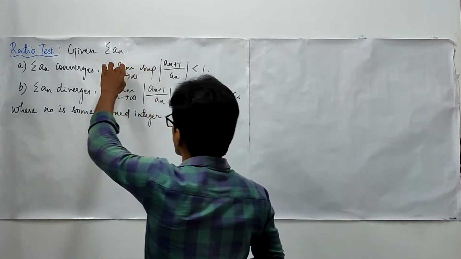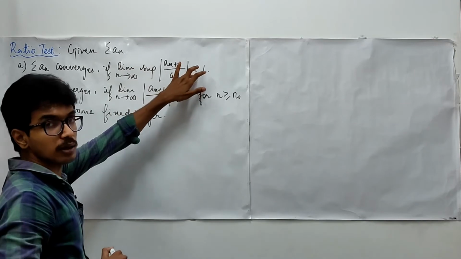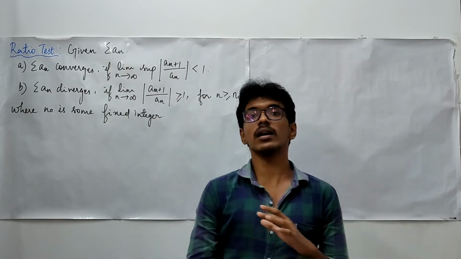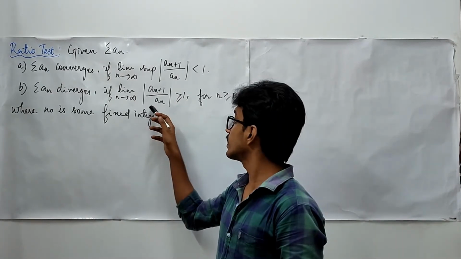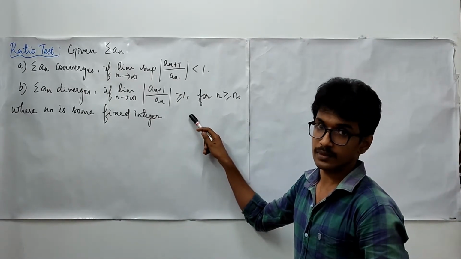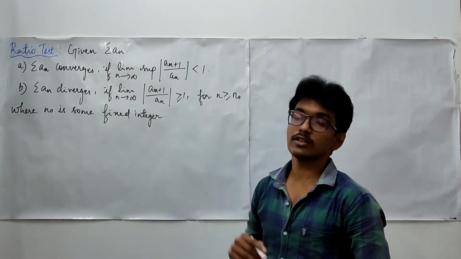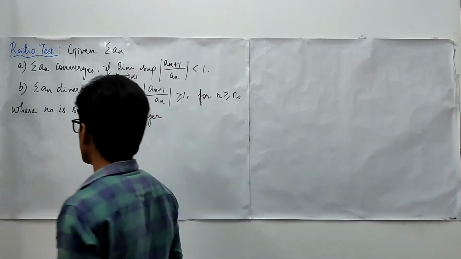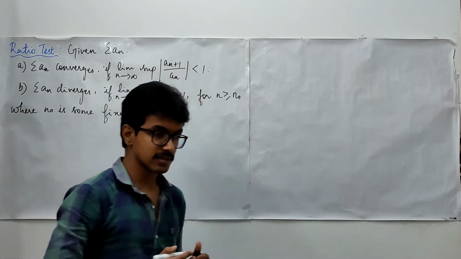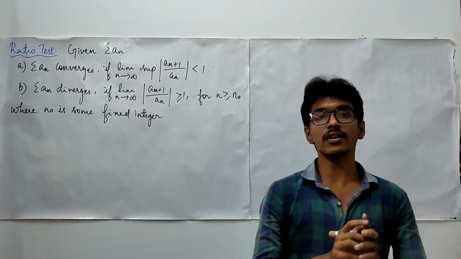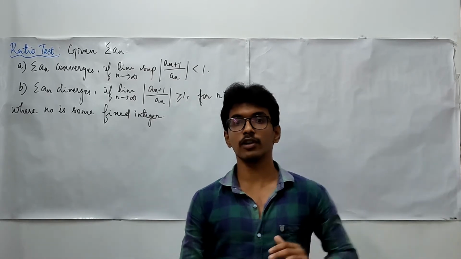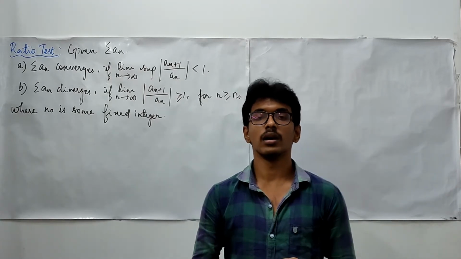We are looking at the supremum and finding the limit, and if the limit is smaller than 1, then the series is going to be a convergent one, right? Without even taking a supremum, here we have not taken the supremum. It means that be it supremum or infimum, it has to be bigger than or equal to 1, right? In that case, it is going to be divergent. And here they have said it is after a certain stage. The choosing of the stage is very important in these things, because I have explained that in the previous video itself. If you wish, you can go and recall it.